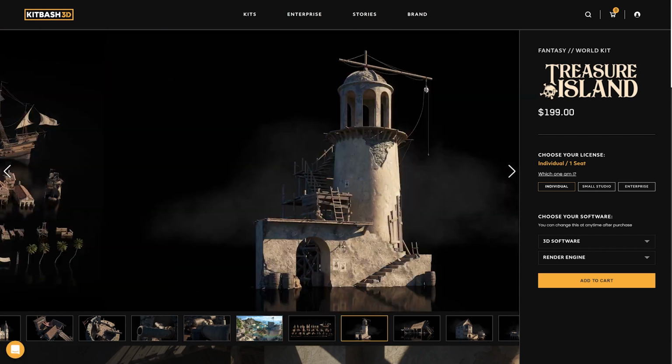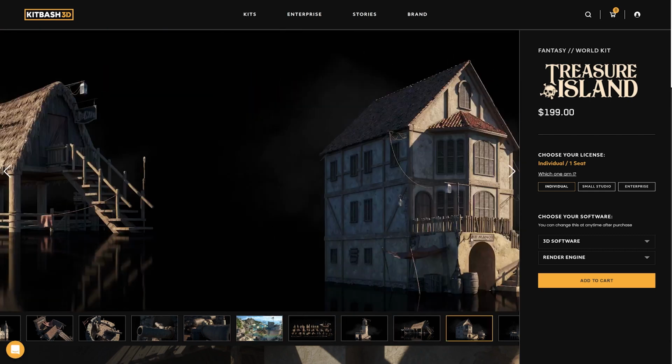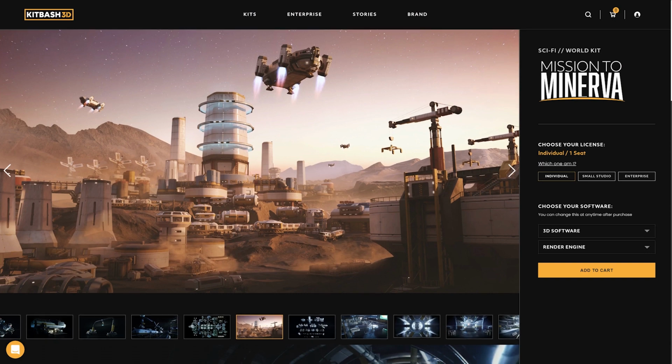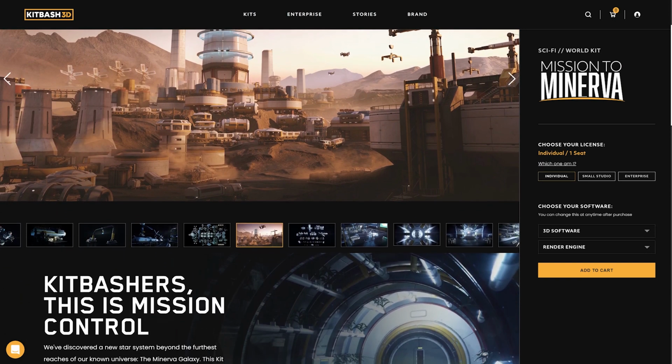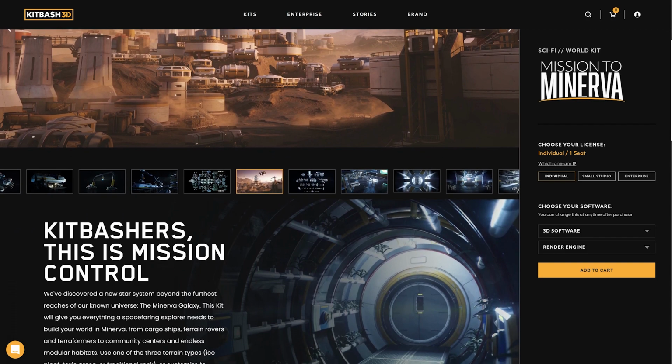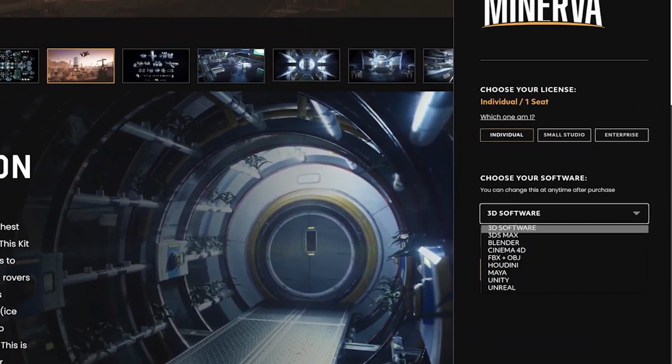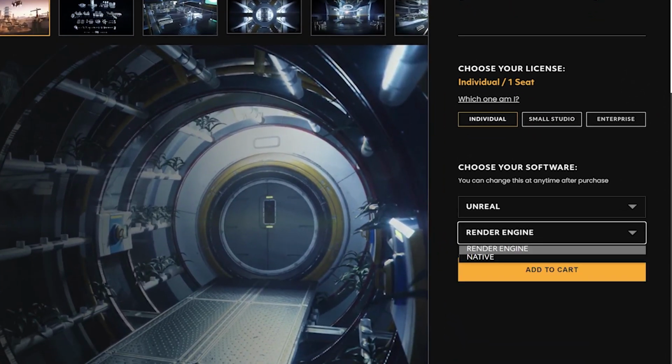cove. Kitbash 3D has everything you need, but for now we are going to download this one, Mission to Minerva, a free kit handcrafted for us to create science fiction space settlements. Kitbash supports a bunch of programs, but since we are using Unreal Engine, select Unreal, and then hit the download